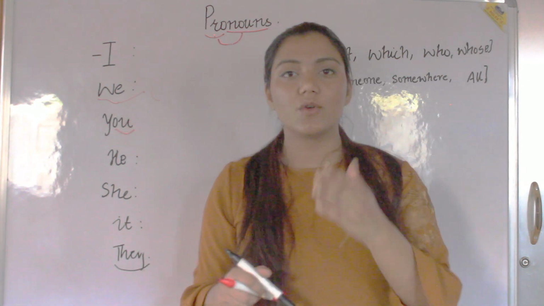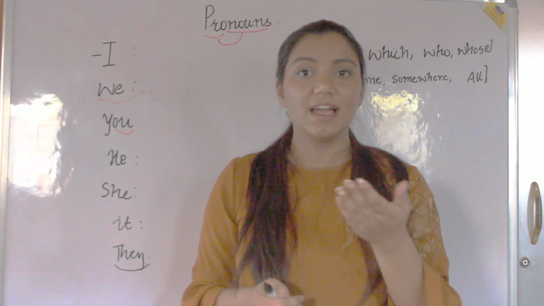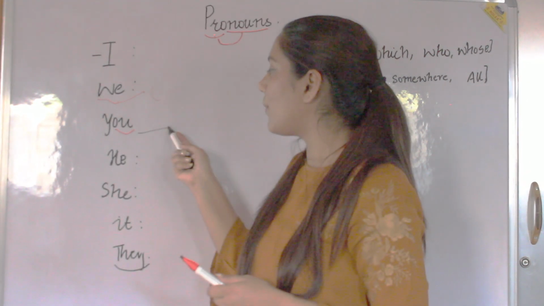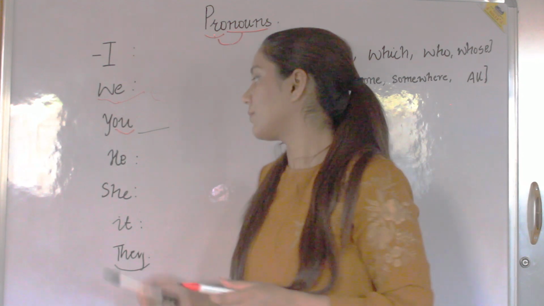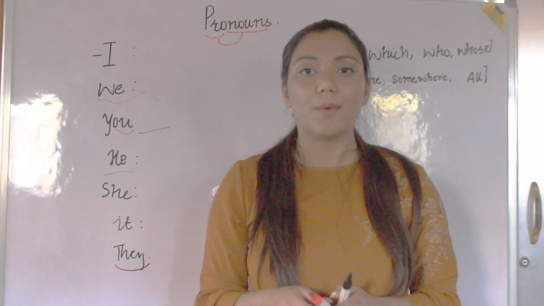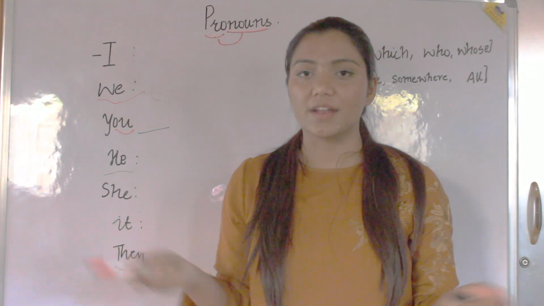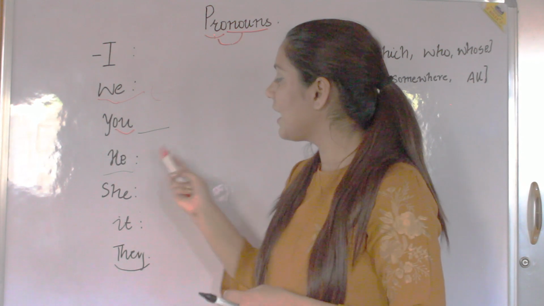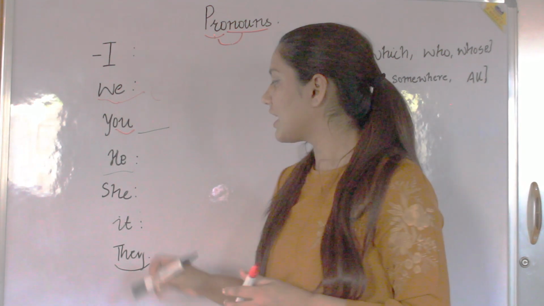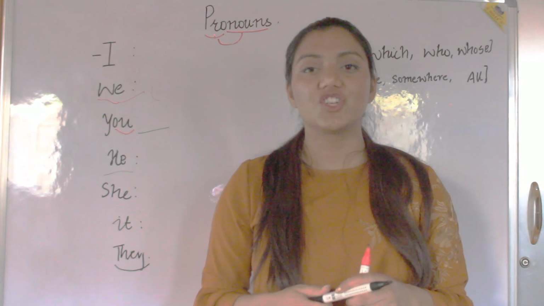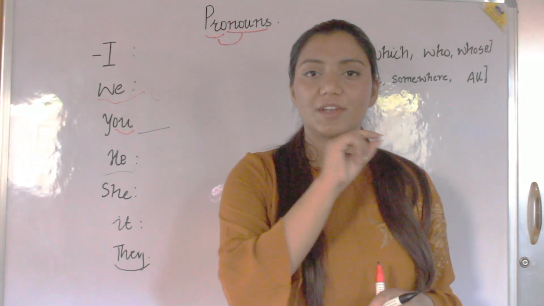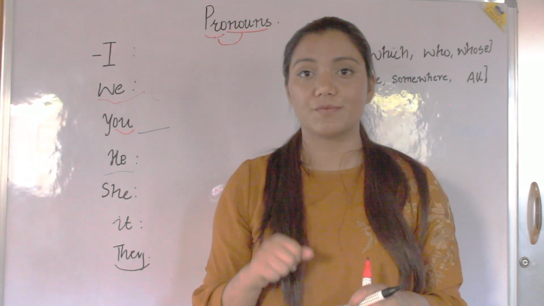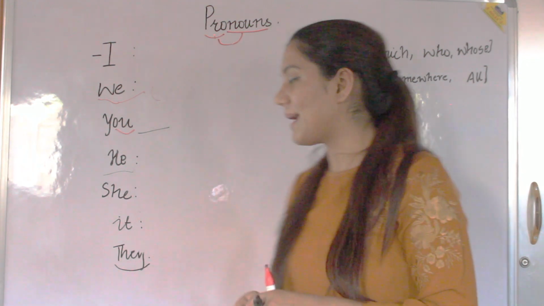Next is you. If I want to ask you, your name is, let's say, Akriti, how are you? So instead of your name, I used a pronoun. And thus you, how are you? You becomes a pronoun. He. Rahim is a boy. He is Hafiz-e Quran. Rahim is a boy. He is very intelligent. So here he becomes my pronoun. She. Priya is a girl. She plays football. So instead of saying Priya is a girl and Priya plays football, I said Priya is a girl and she plays football. So she becomes my pronoun.